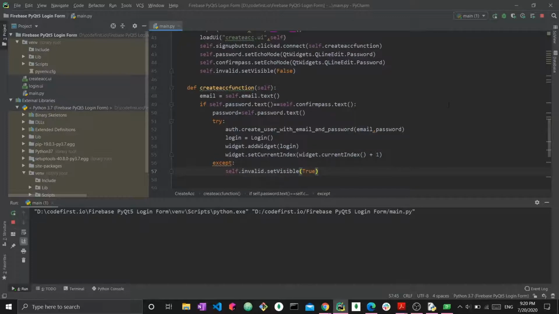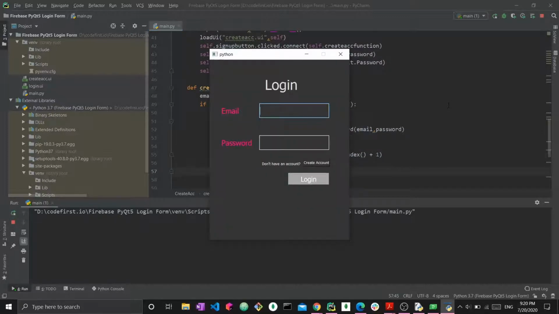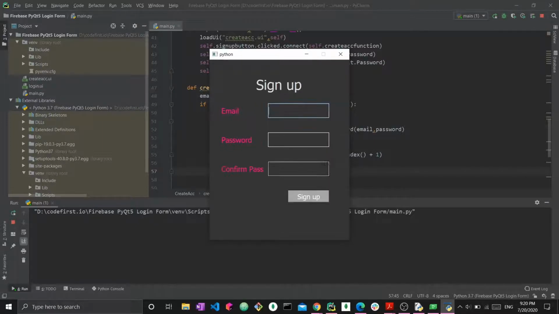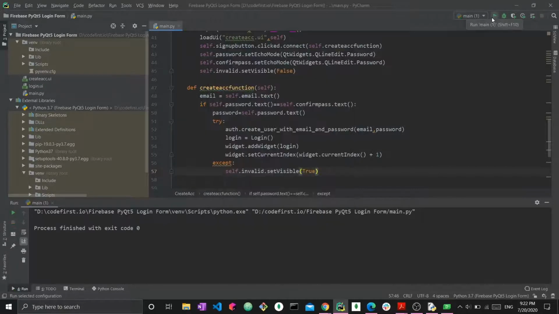So now if we run it, we get the following. This is our login form. We're not interested in login now because we're not working with it. However, we are interested in the create account. So we go to create account. As we can see, the label that we just designed is not visible because we set visible to false. So now if I type an email, fakemail@mail.com, and then any password, I have to make sure to write the exact same password. So running it,